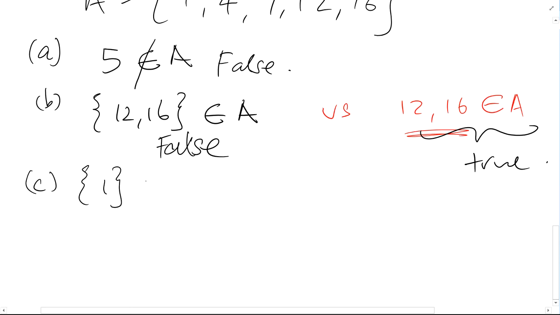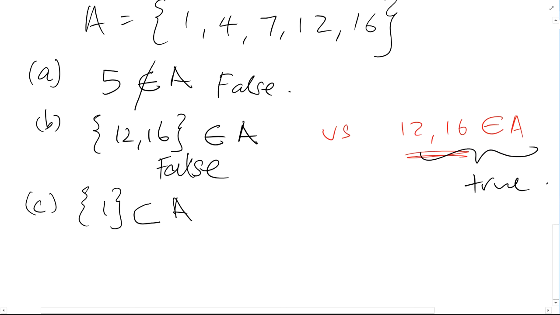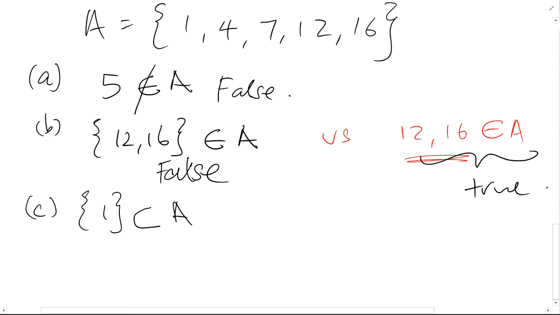Okay, here we have the set containing 1 is a subset of A. What does this symbol mean? This one, proper subset. Okay, set 1 is a proper subset of A. True or false? True, yes, true. It is a proper subset because they are not equal. Okay, now for part D,